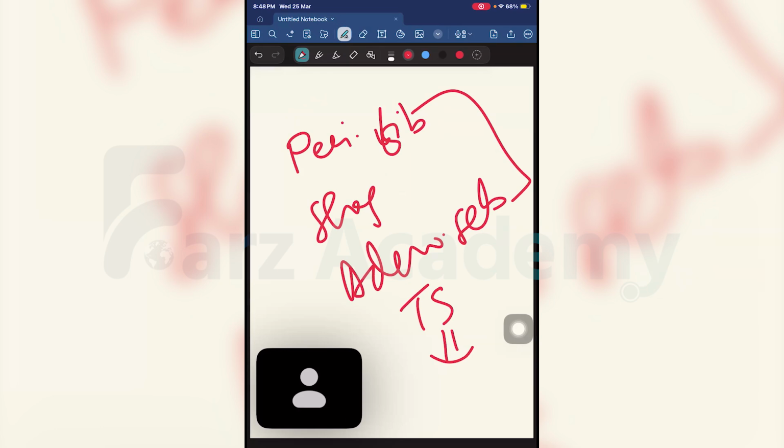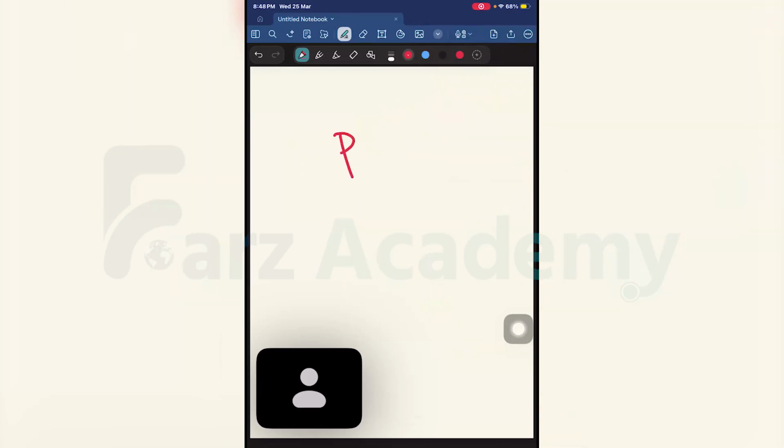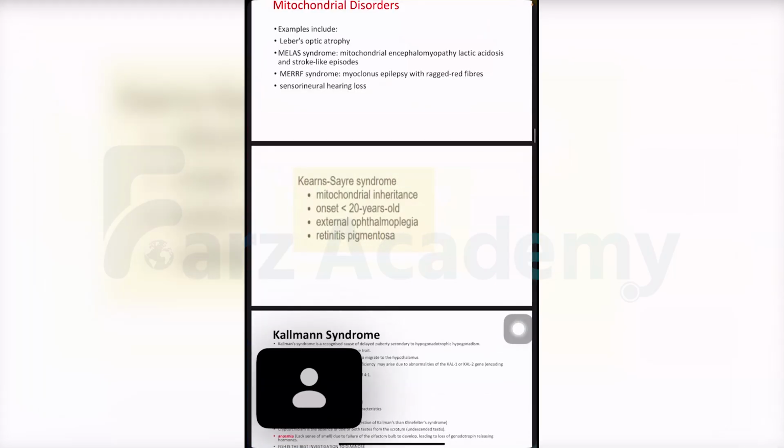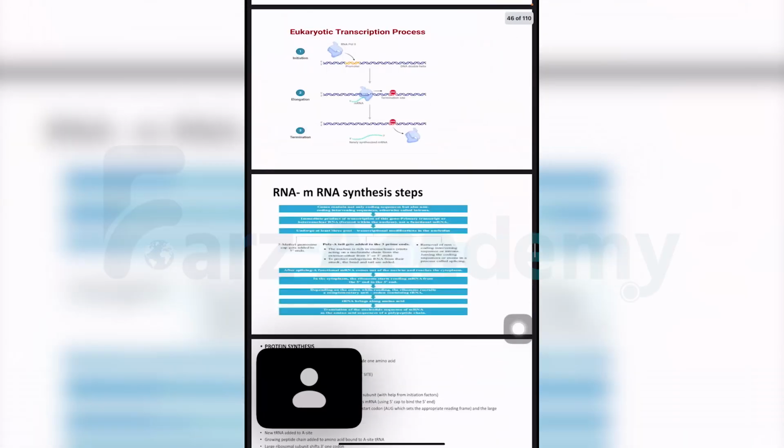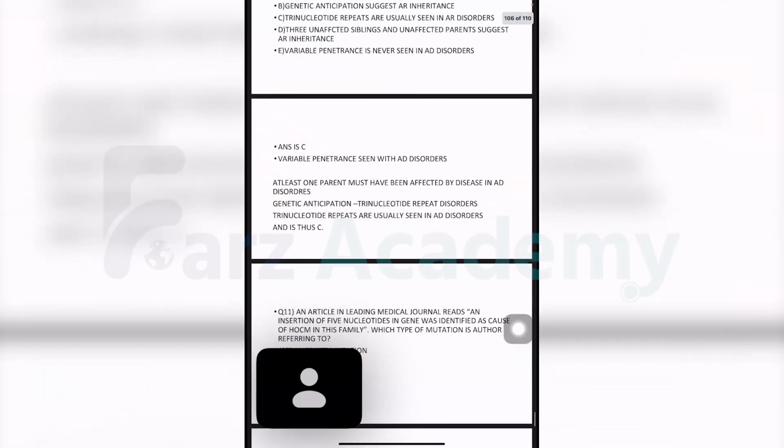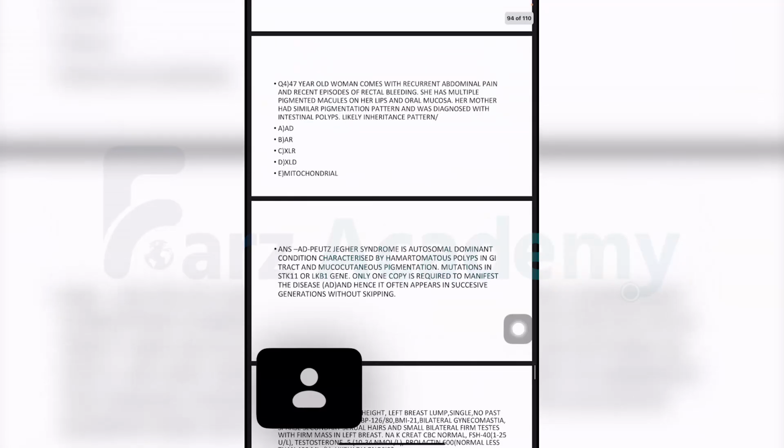Do you remember the condition that we saw with mucocutaneous pigmentation, with a history of colon cancer, intussusception, coming to you with GI polyps and cancers and GI bleeding? What was the inheritance of that disease? This was an MCQ that we discussed last time. Peutz-Jeghers, very good. What was the inheritance? Autosomal dominant. Very good. Tell me, what was the hormone associated with the pathogenesis of obesity in Prader-Willi?